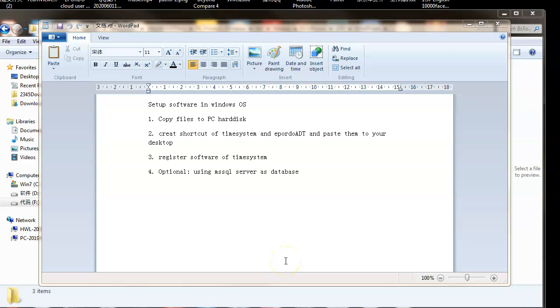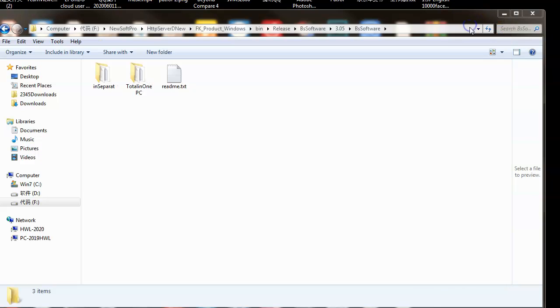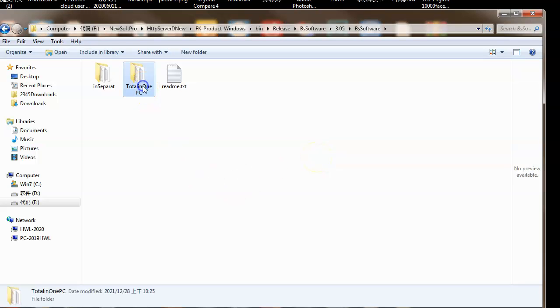There are 4 steps to install the software. First, you open the CD and find the files, and then copy them to your hard disk of your PC